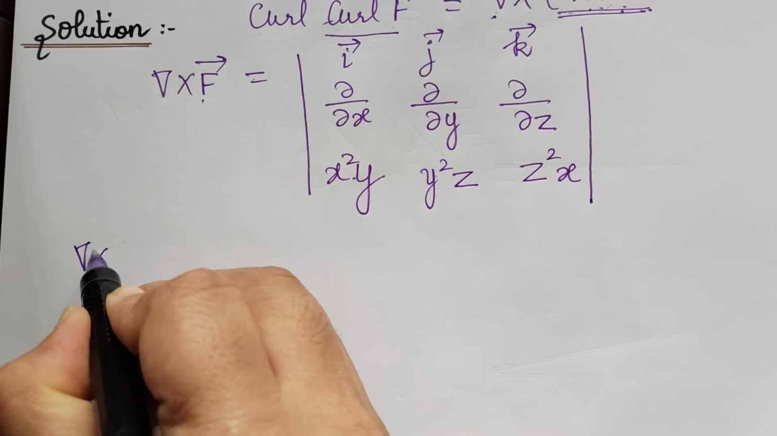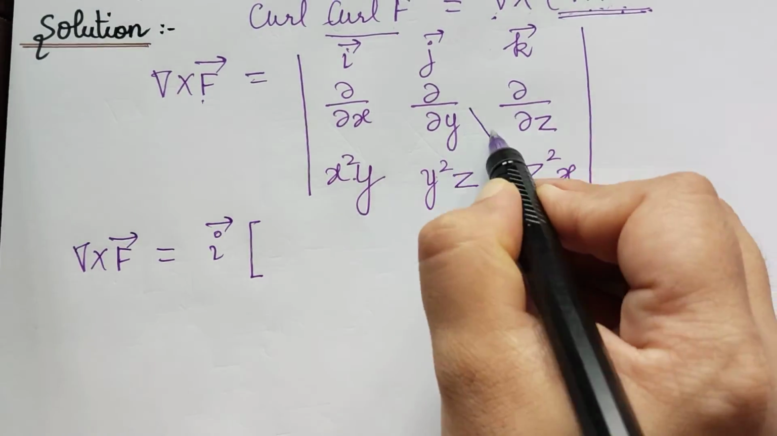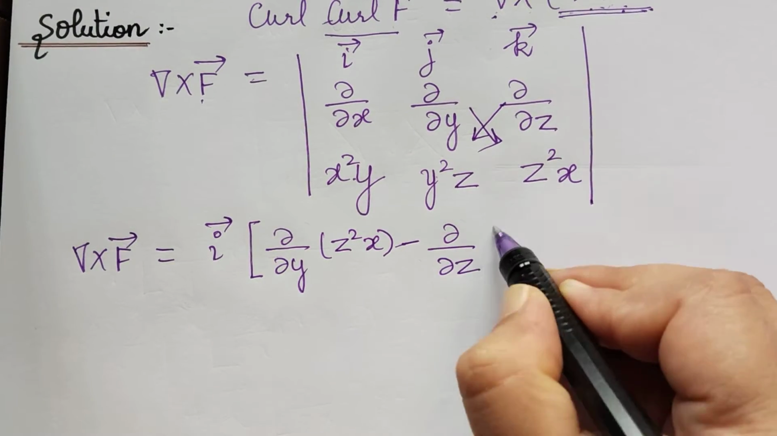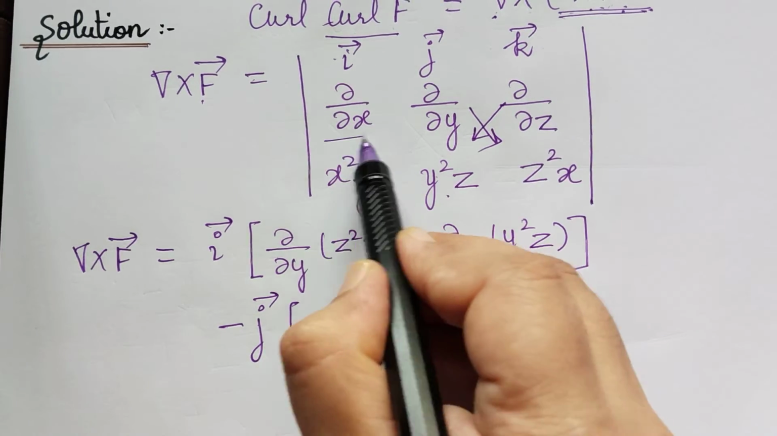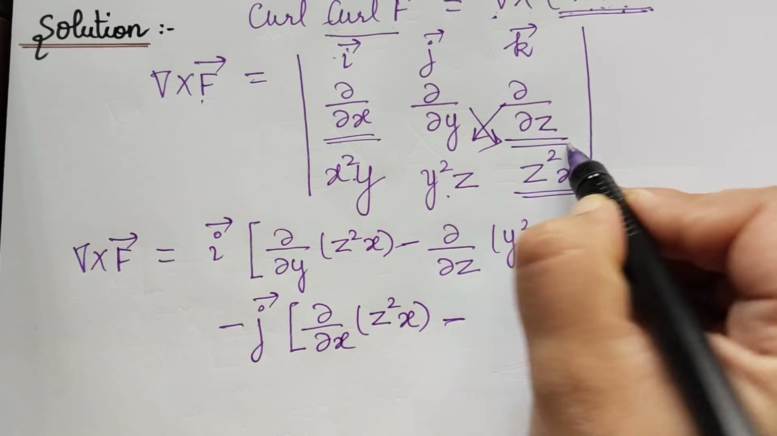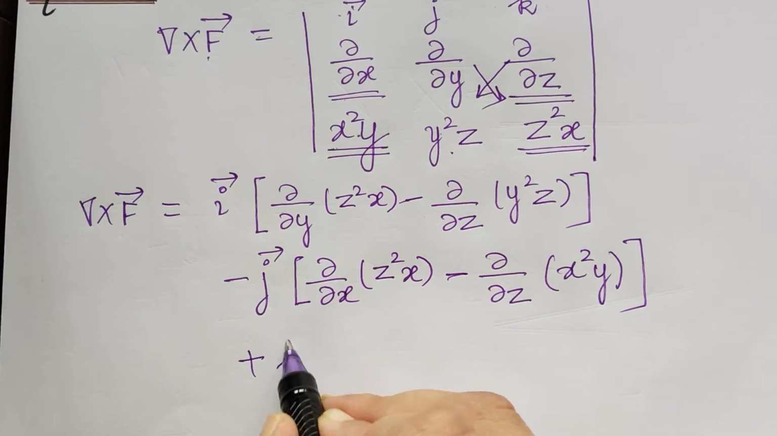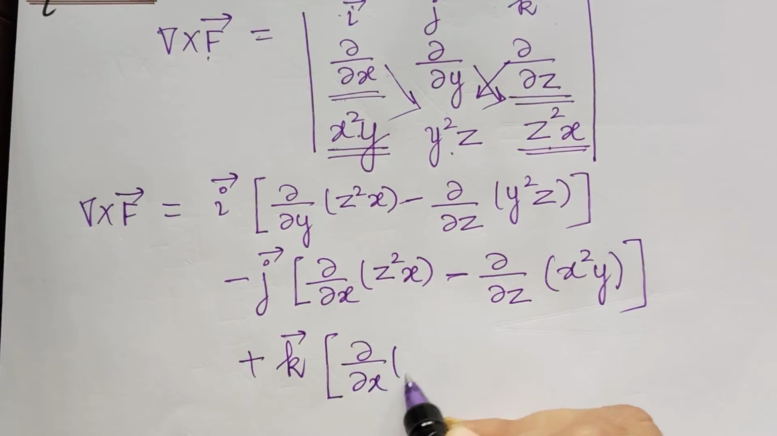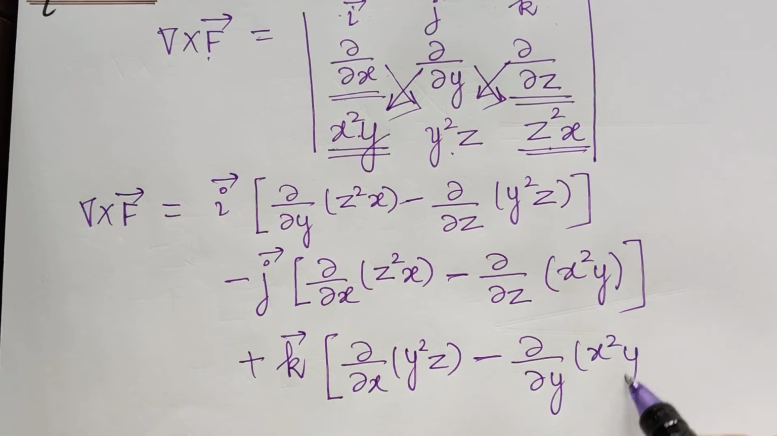So therefore, nabla cross f vector will be equal to, the determinant is given by i vector multiplied with, blocking this column and this row, dou by dou y of z square x minus dou by dou z of y square z, minus j vector multiplied with, blocking this column and this row, dou by dou x of z square x minus dou by dou z of x square y, and then plus k vector multiplied with, blocking this column and this row, dou by dou x of y square z minus dou by dou y of x square y, and that will be